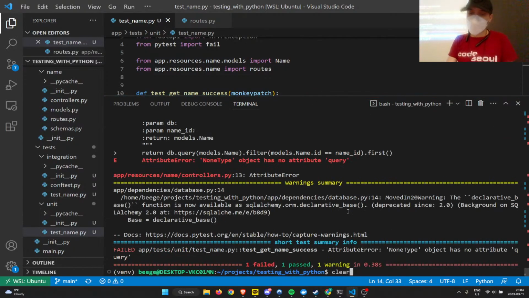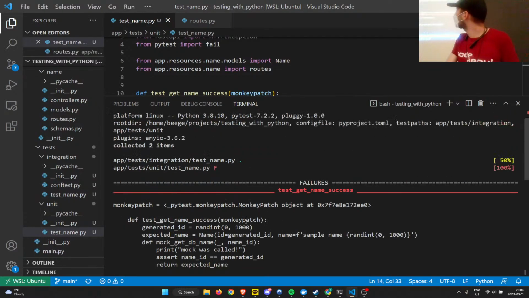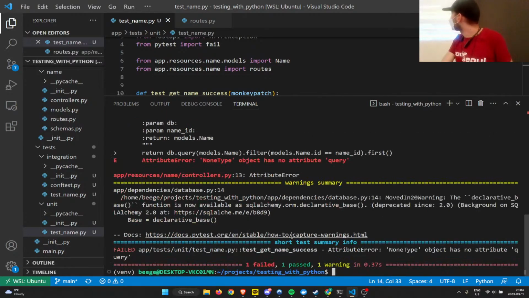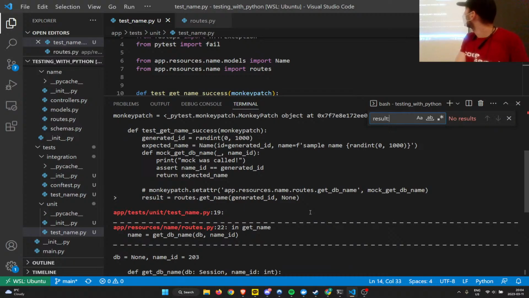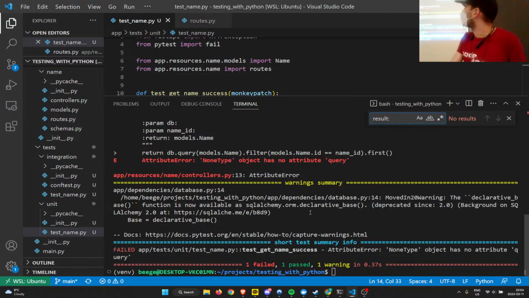So let's run this again. So the test failed. Where is my print? I don't know if I can search down here. Typing is hard. Well, I thought you could print on error.